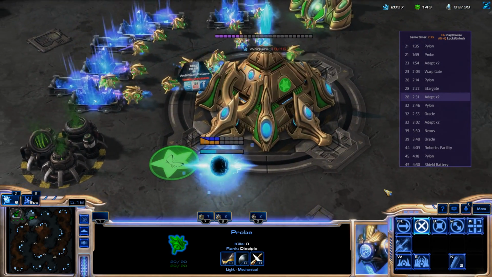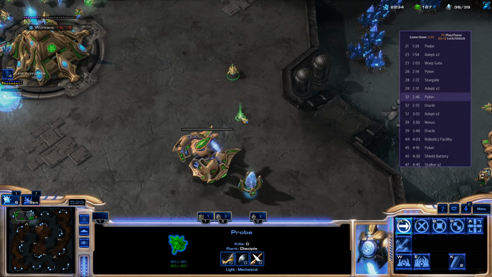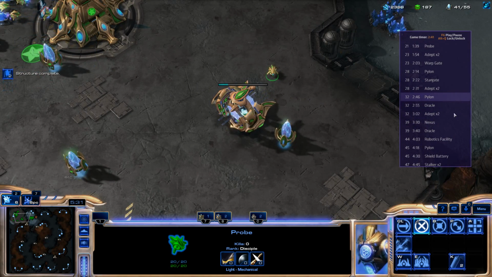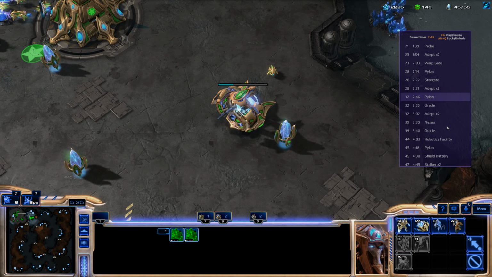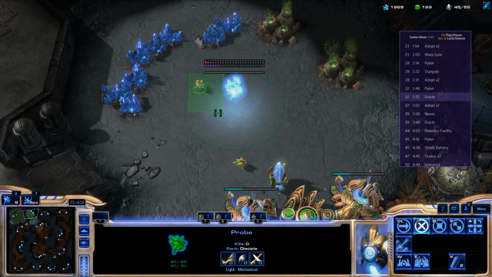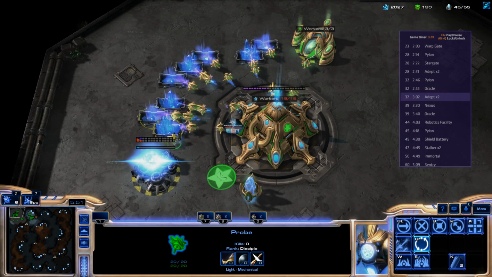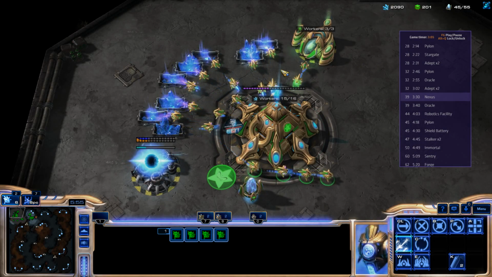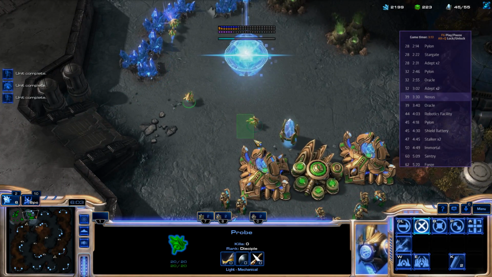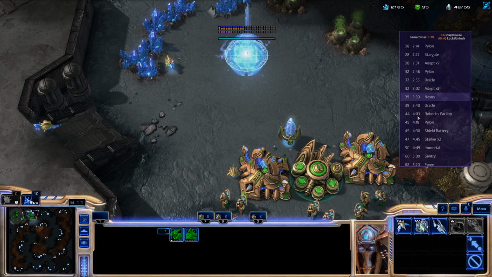In any case, the next thing I want to do is going for additional Adepts and a second Nexus. Alright, the second Nexus is there. Probably another one of these have been missed anyway, and that will have to do. And Nexus is in production. Furthermore, I need another Oracle